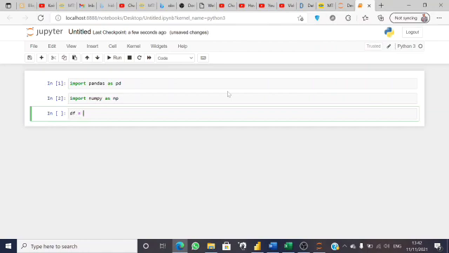Let me call df equal to pd dot read. That's the pandas we imported. Dot read underscore. I'm importing a CSV file. If I'm importing an Excel file, it will be underscore Excel. So next thing I'll do is to open bracket, the part where the file is found.